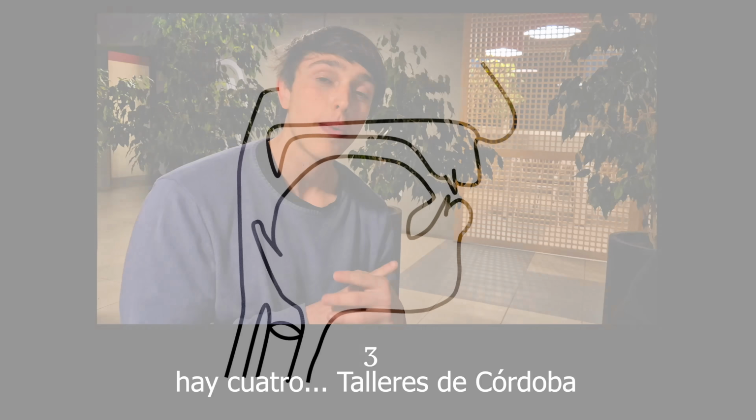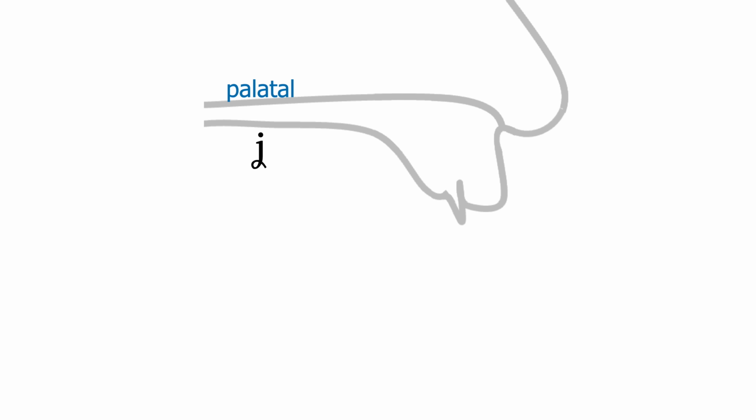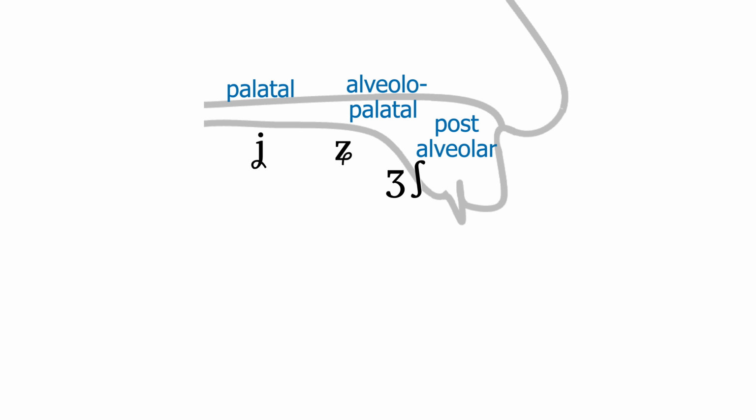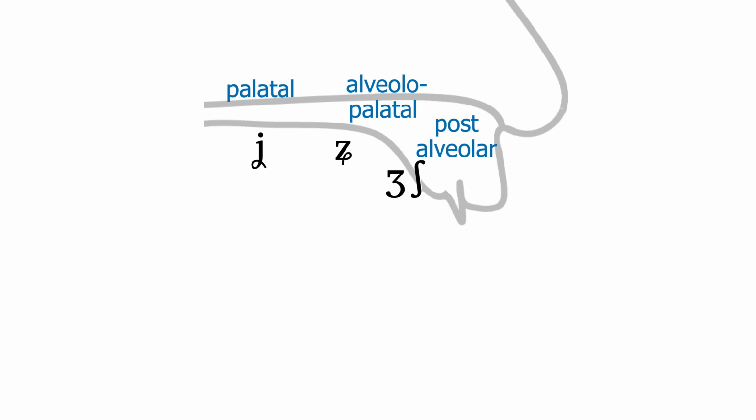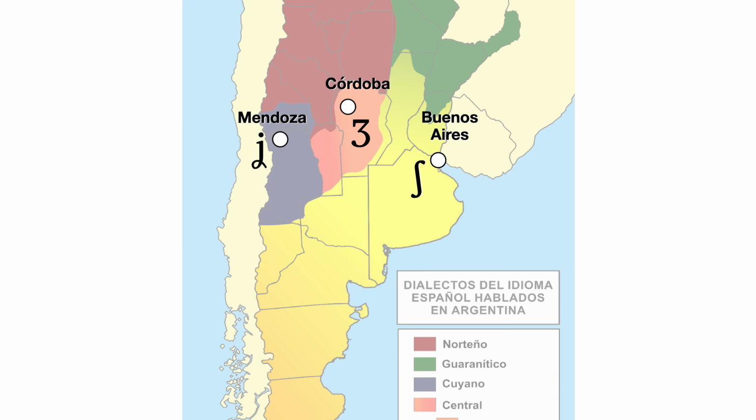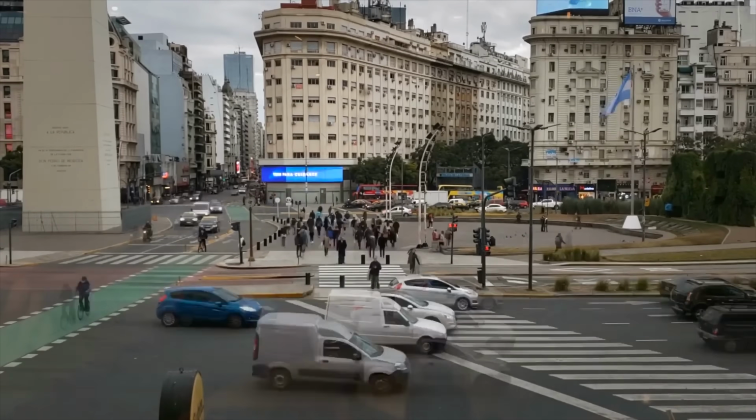Phonetically, there's a continuum between the non-sibilant palatal place of articulation ya, ya, and the further forward positions, alveolo-palatal and post-alveolar, like English zh, as in measure, ya, ya, from which a narrow jet of air can be fired at the back of the teeth. You can check out my previous video for more on that. Zh used to predominate in Rio Platense Spanish too, and can be heard from older speakers from Buenos Aires.